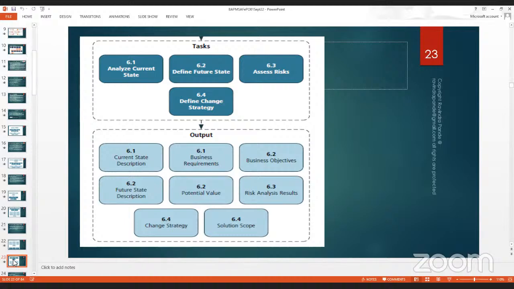The potential value, now here we are talking mostly about the return on investment kind of thought process. What type of value is this solution going to add to State Farm's organizational kitty? They're going to make attendance an efficient process, completed within 10 to 15 seconds. Because if you have ever used any biometric or iris scanner, you can get your attendance recorded within a few seconds. And that's the beauty of it. That's how the attendance system gets effectively placed around the clock with a centralized database, and the attendance gets notified within a few seconds, and that's the most important part of it. So we are working towards an efficient organization here. Then the risk analysis result, in terms of the risk mentioned,